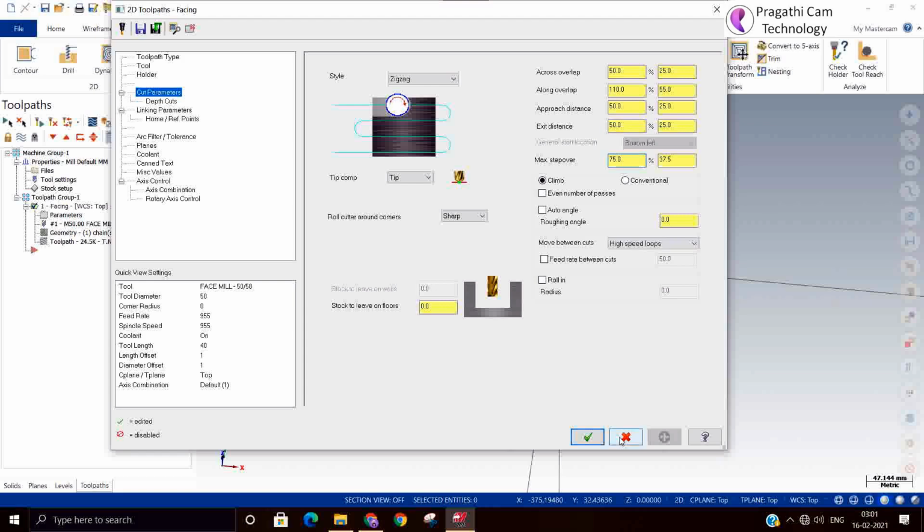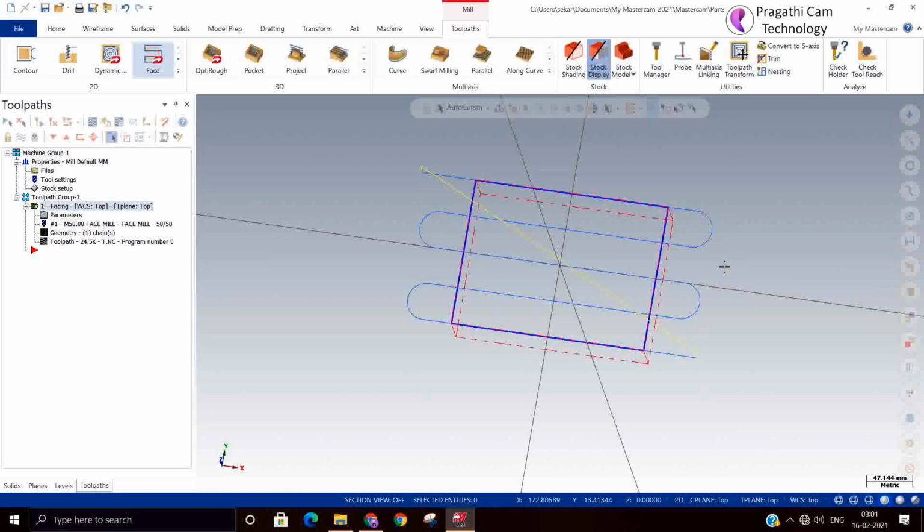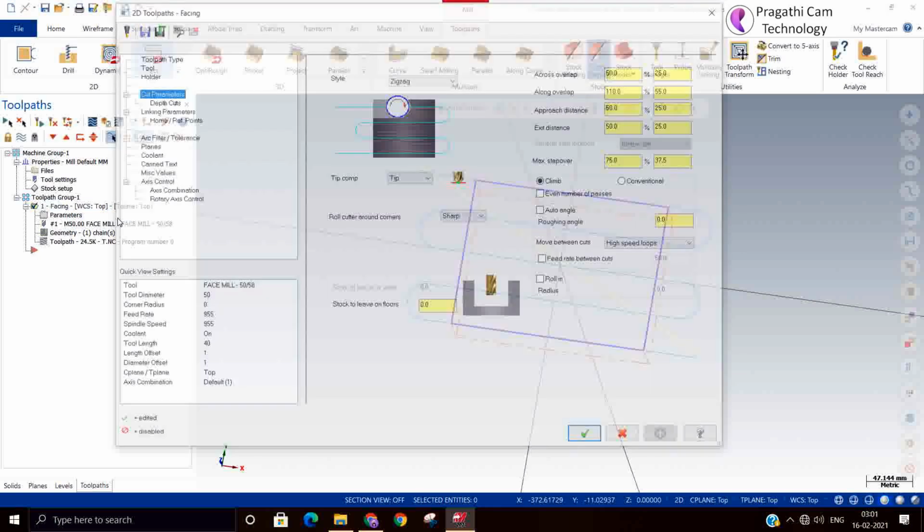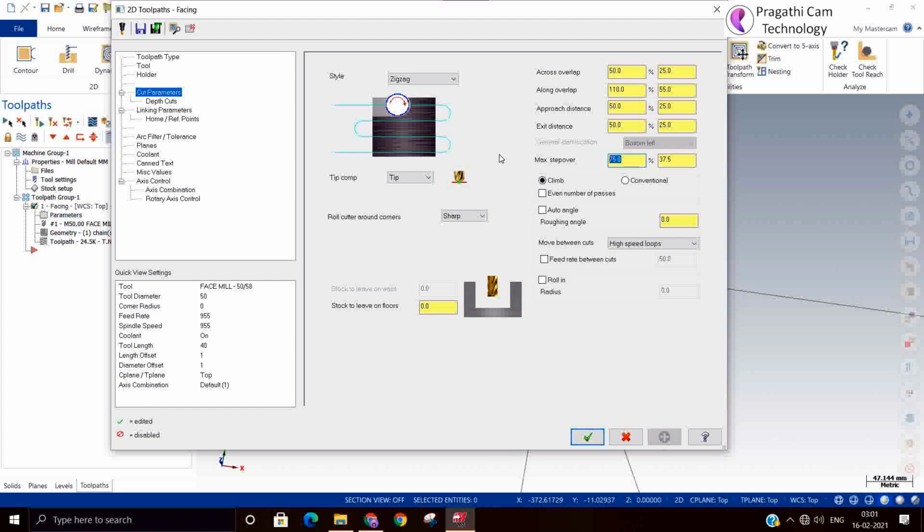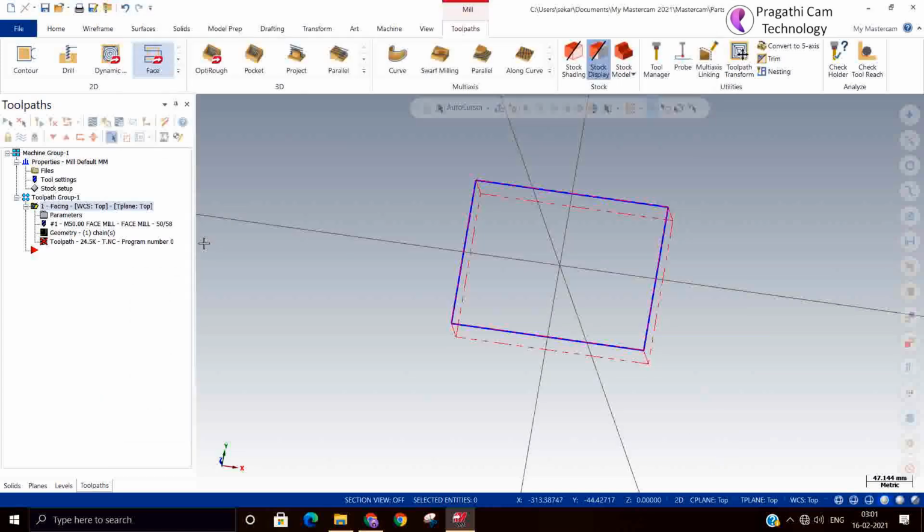Maximum step over means the cutter moves from one pass to the next pass. Suppose you reduce it and see what happens. I'll make it 50%. You can see that the distance is reduced and the number of passes is increased.